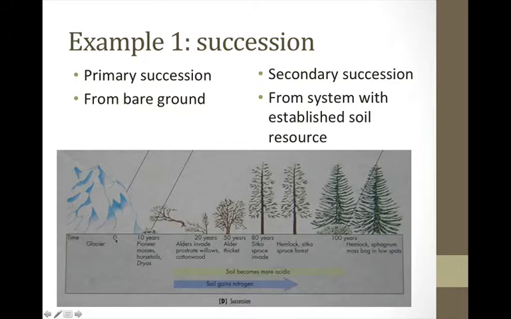So when the glacier just retreats, there's bare rock, and it takes a while for the little plants and lichens and fungi to establish themselves. They break down some of the rock, they trap dust, they make sort of a soil, and then plants start going in.